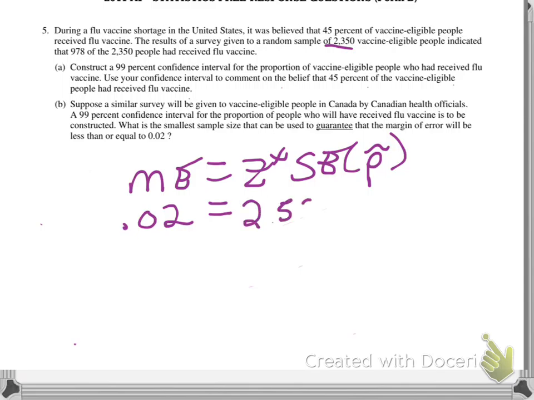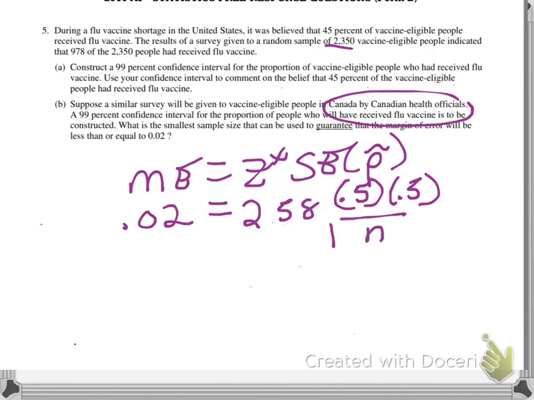Okay. And 99, okay, let me read this again. Okay, do you notice here they didn't give us any percent? So we're going to use 0.5. Either you have it or you don't, divided by n. So I'm going to divide both sides by 2.58. So 0.02 divided by 2.58 gives me, now keep this in your calculator,